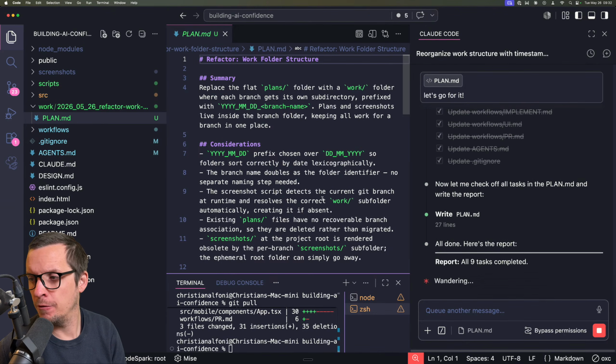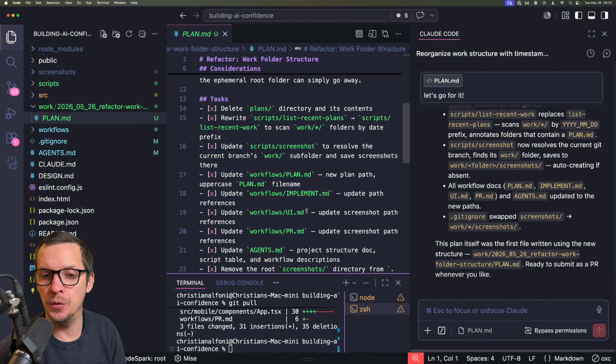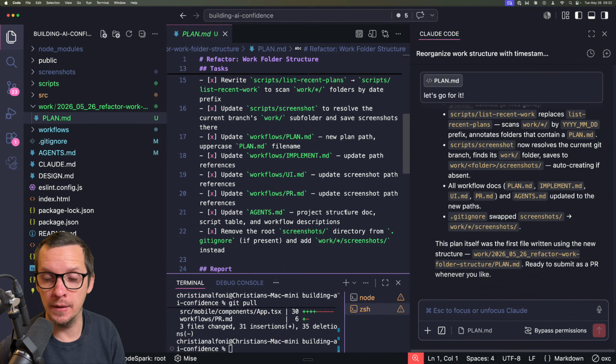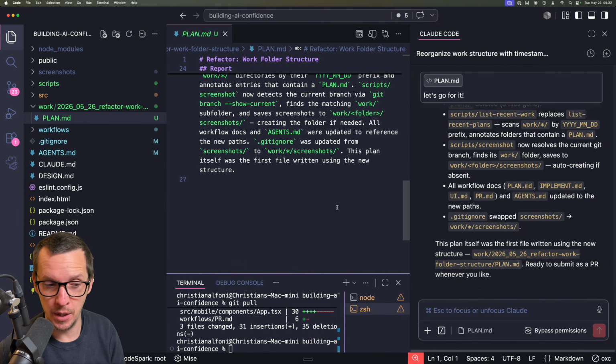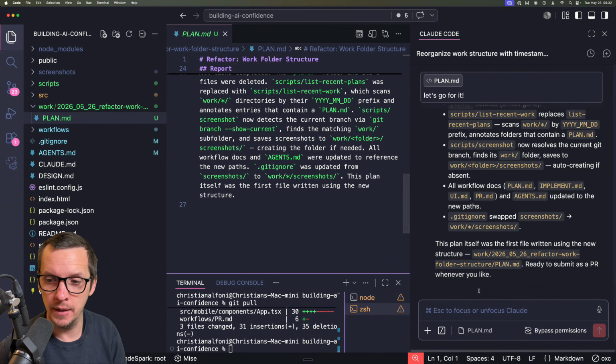Yeah, and I wonder if now, in the PR description, we can rather point to the work folder. I would assume Copilot actually has the PR description in context. So if we just add, yeah, that's pretty cool.